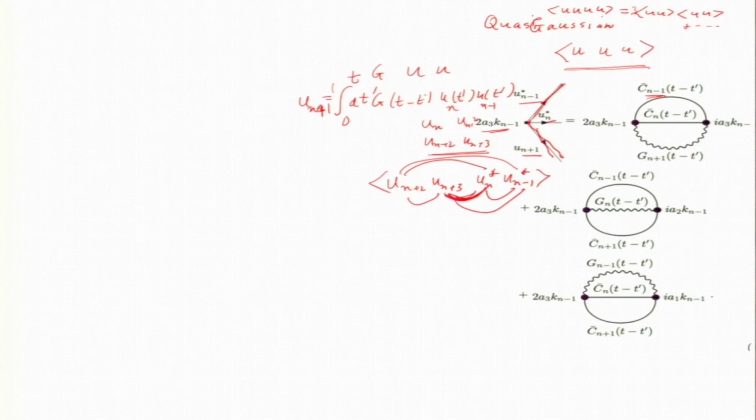So, which term among the 3 will give you a non-zero value? This multiplied by these two, because I have u n minus 1 here, this u n minus 1 multiplied by this, and this u n multiplied by that. So, only one of the 3 terms is giving you non-zero values, and these are here. So, this u n star will give you this temporal correlation, 2-point correlation C n t minus t prime, and u n minus 1 will give you u n minus 1 t minus t prime. Okay. I hope this is clear.